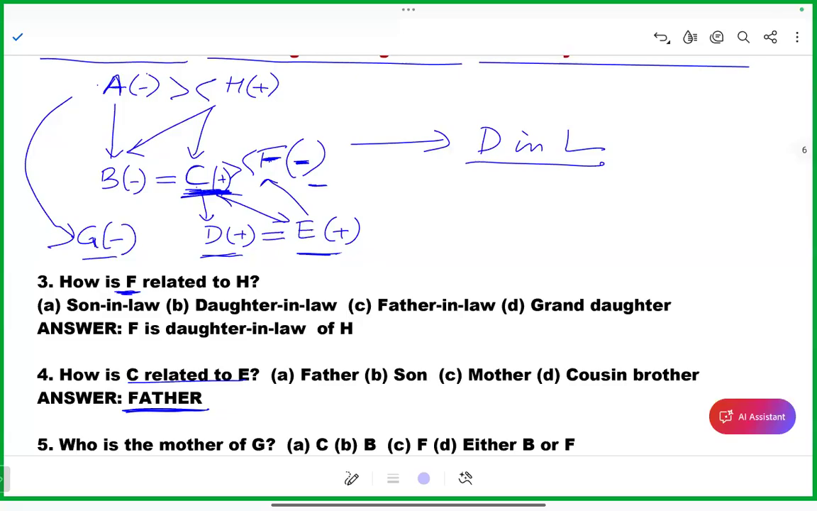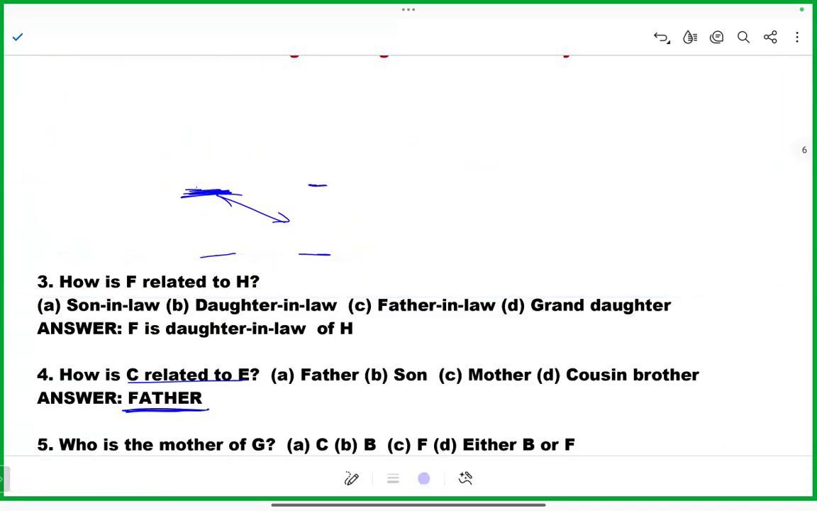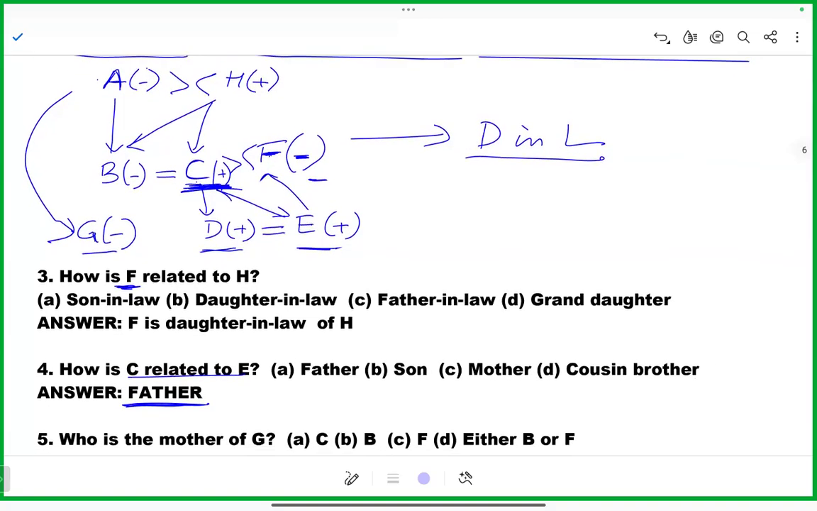How are we going to find the relation? Who is the mother of G? It cannot be P. It can be P also. It can be F also, na. Because